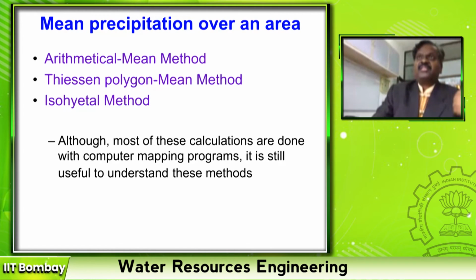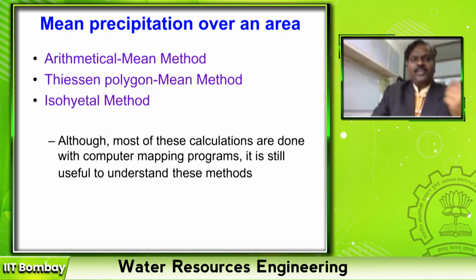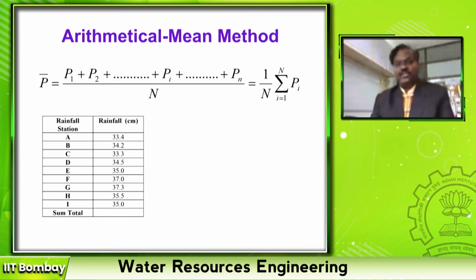Now I have rainfall at different stations. And somebody asks, you are the manager of this river basin, what is the average rainfall in your river basin? Every year I measure nearly 50 stations. How to tell the average? Then there are different ways to express it. The first method is called the arithmetical average method. The second is the Thiessen polygon method and the third one is the isohyetal method. We will see them one by one quickly and finish it today itself.